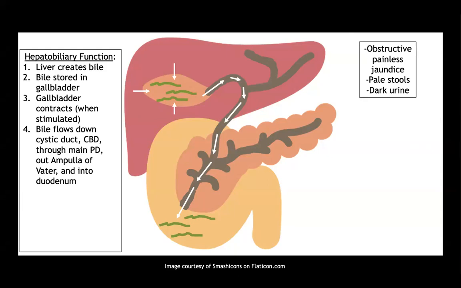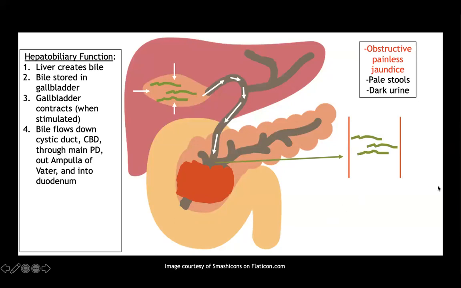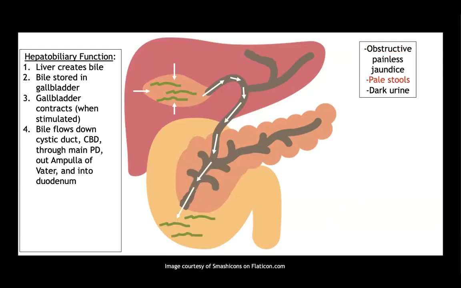So pancreatic cancer can cause these in a few different ways. We'll start by talking about why pancreatic cancer can cause jaundice. If you have a pancreatic mass blocking this outflow tract, then this bile cannot escape to the duodenum. And instead, that bile is going to leak out into your bloodstream. And anytime you have conjugated bilirubin, or unconjugated actually, anytime you have bilirubin in your bloodstream, that can lead to jaundice or yellowing of the skin.